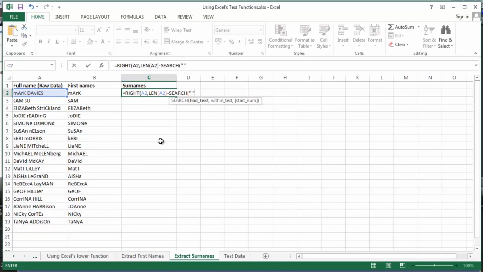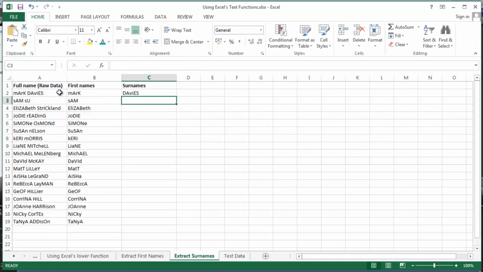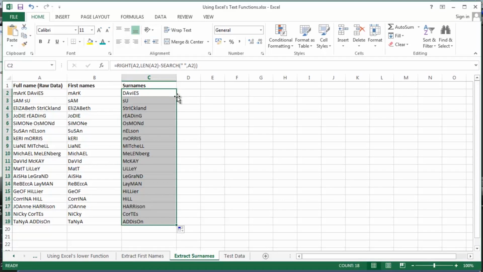So what I'm going to get Excel to do is to find a space. So quote space unquote. Where? Well, here within this particular piece of text. Close off my brackets for the search function, and I close off my brackets, kind of a final close, closing off my brackets for the right function. Press my return key or enter key, back up to my surname, double click the fill handle to copy it